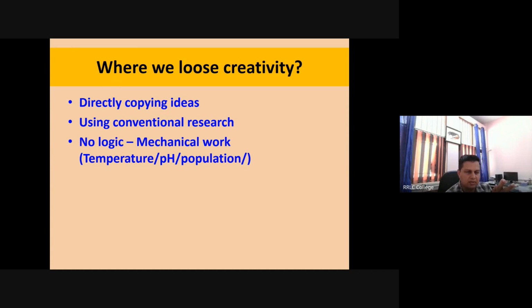So when you interpret this kind of data, when you do statistics on it, you use different software, and they'll give you some line and some graph, right? That is a machine. It will analyze the data and give it to you, but the interpretation will not be proper because there is no logic. If you are taking temperature every day, or every time between a particular time only, say every time between 1 and 2 o'clock, then it is okay, you can compare your data, right? But otherwise it is not logical.